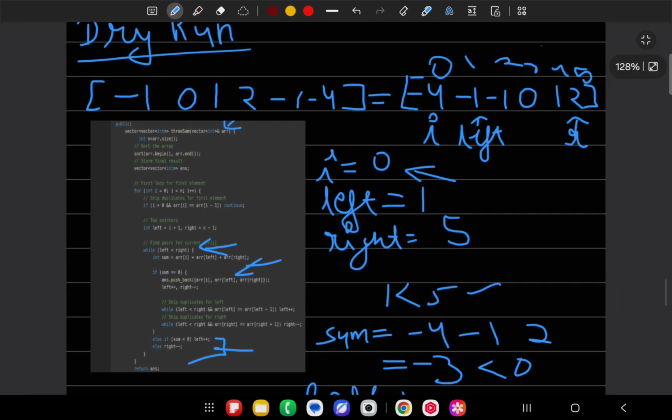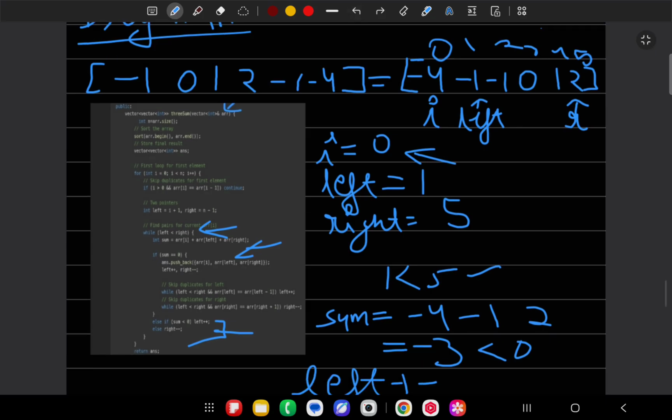Okay. Hey left, can you move yourself here? Oh my bad, it is left. Left should be plus plus. Left will point here. Okay. At next iteration,